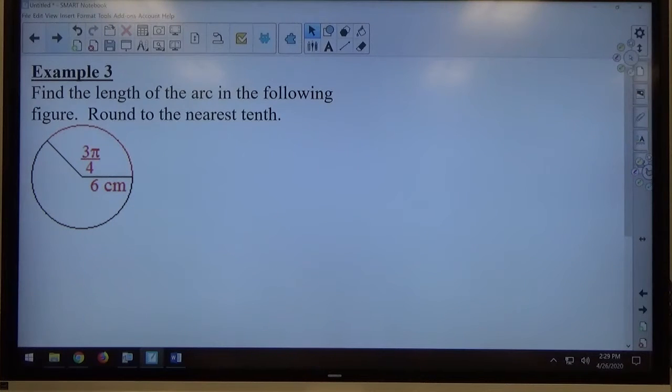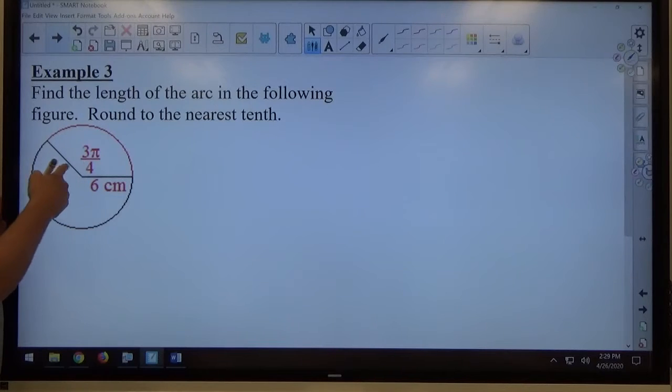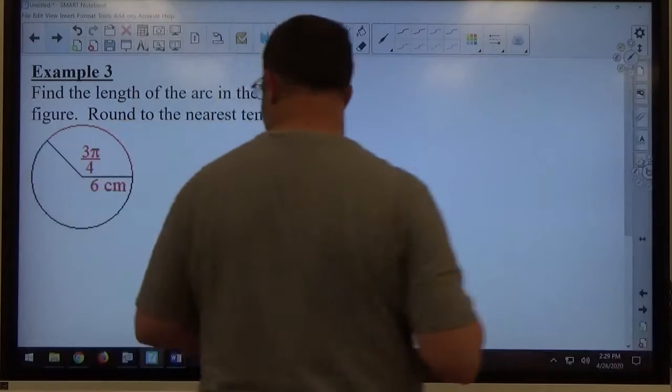Okay, so here's another possibility for an angle. When you see an angle with no degree symbol on it, it's said to be in radians. So typically radians is going to have a pi symbol, but it doesn't have to have a pi symbol. If it just said, let's say 2, it didn't say 2 degrees, it just said 2, that'd be 2 radians. Now with that in mind,